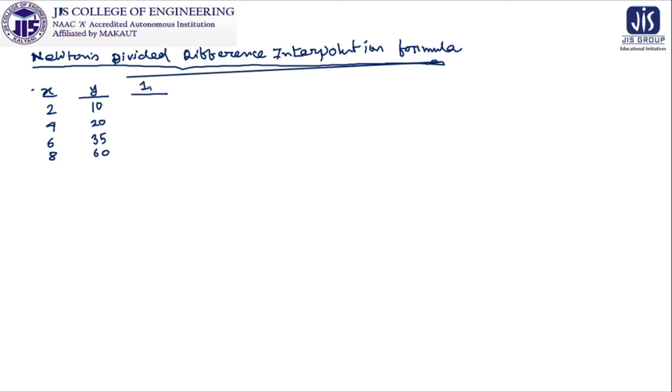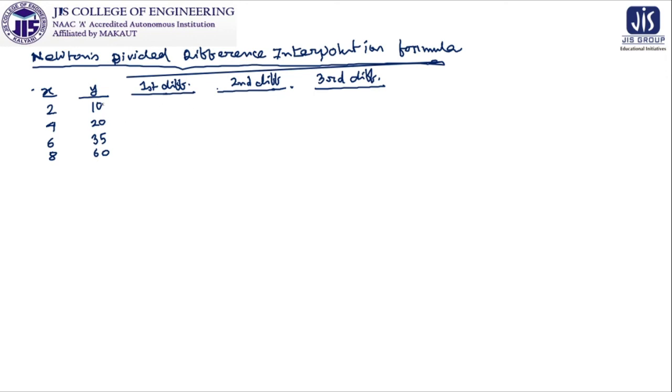Sometimes the question will come to our mind: as it is equispaced, why am I going to do the divided difference? We are not going to do that. We are actually trying to search out what the relationship between them is, and that is why we have to perform the same problem using the various processes available.